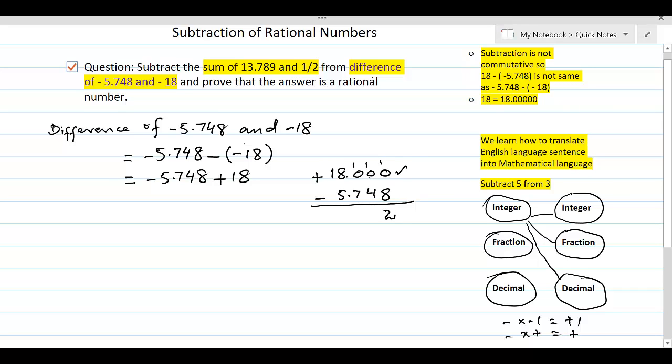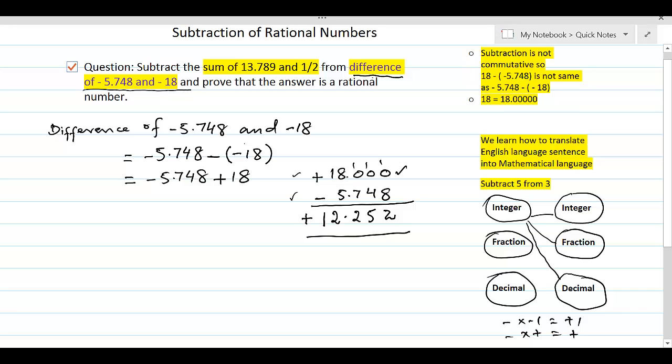And now here we already borrowed, so this leaves here 9. 9 take away 4 is 5, and 9 take away 7 is 2, decimal, and then 7 take away 5 here. Remember that it is not 8 here anymore because we already have borrowed 1. So this 5 we have to subtract from 7, which will give us 2 and then 1, and this is the number. Now because here is a positive sign and here is a negative sign, the answer will carry the sign of the bigger number. Which one is bigger? We already know that 18 is bigger and it has positive sign, so answer will carry the positive sign. So this is the difference which we were required to calculate, difference of minus